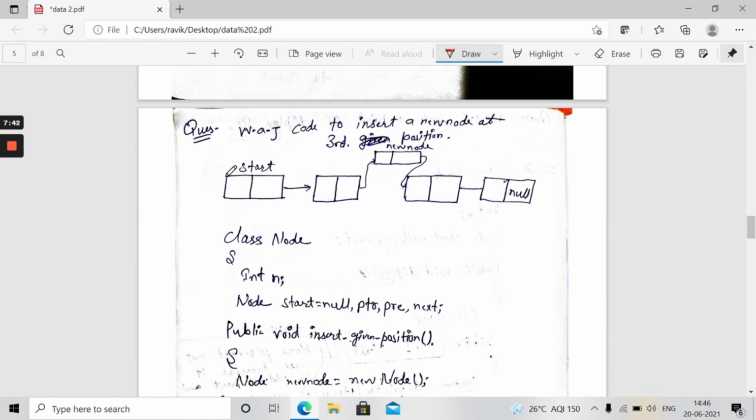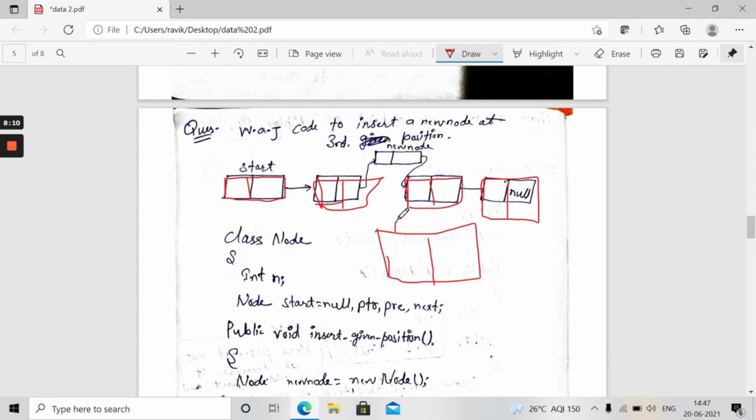Guys, you can see this is the original linked list we have. Then this new node is coming.